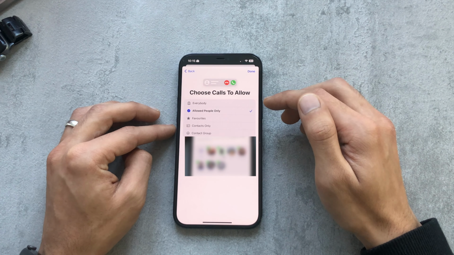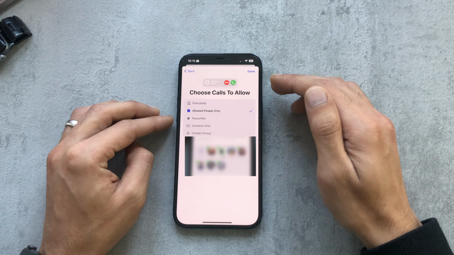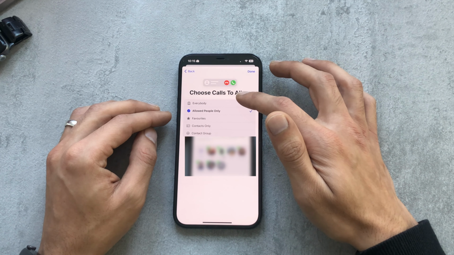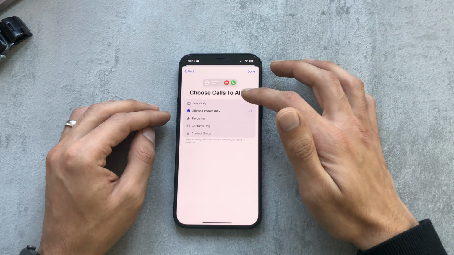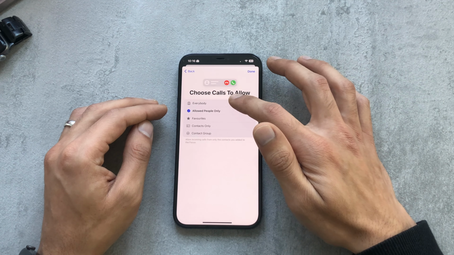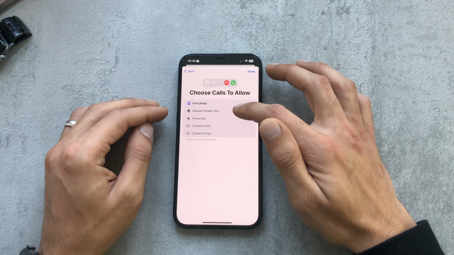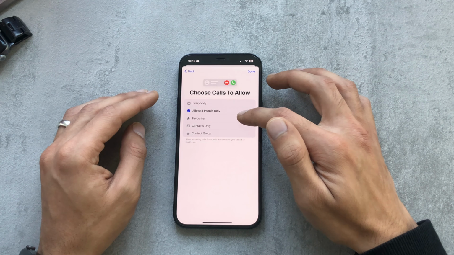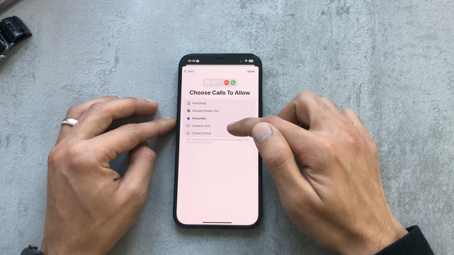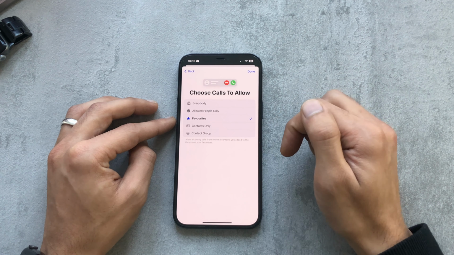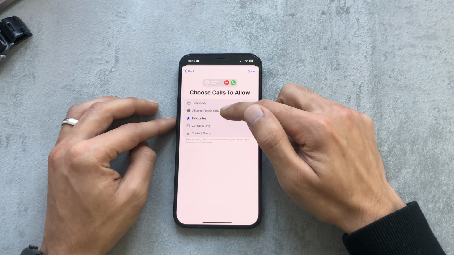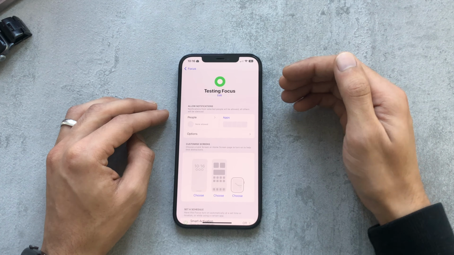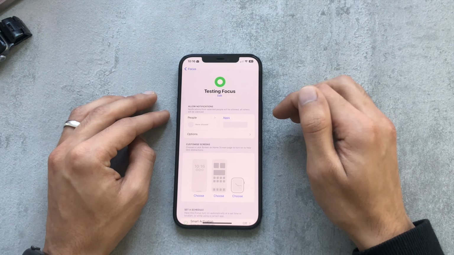We go to next, and then this section allows you to pick which calls can come through. So if you want every call to come through and only notification silenced, then you would click everybody. If you want the allowed people only, which we would have picked in the previous section, but we got no one on there. If you have a favorite list, or if you only people in your contacts, or if you have a contact group set up. So we'll just do allowed people only. And once you have that picked, because there was no one on my allowed list, it says people none allowed,